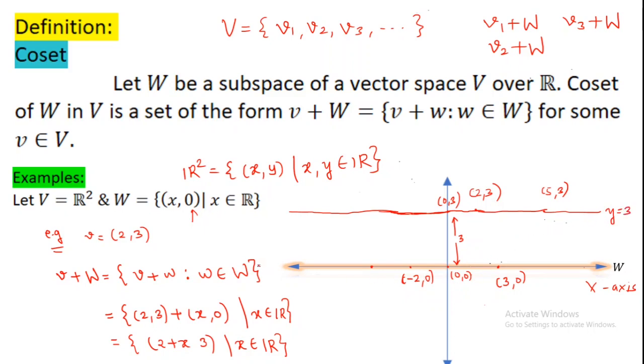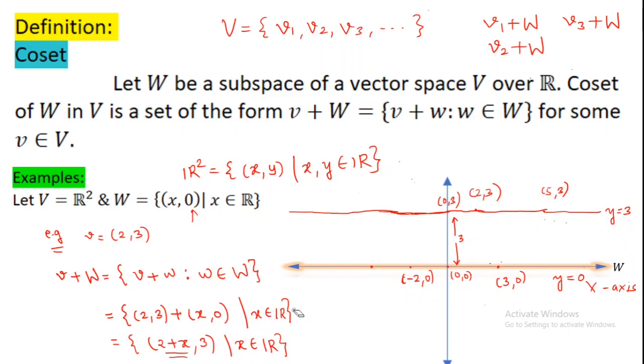Now try to understand why we got the line y is equal to 3. Just observe this set carefully and this set carefully. Okay, so see how W is defined. This x is a variable right over here, and the second coordinate is 0. So therefore this is the line y is equal to 0. That is our x-axis. Similarly, if you observe this carefully, this is a variable, right? Because x is present over here, and the second coordinate is 3. So therefore it is the line y is equal to 3.